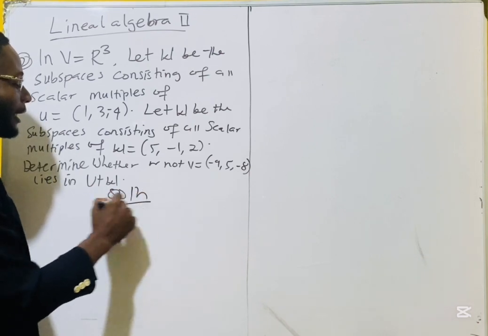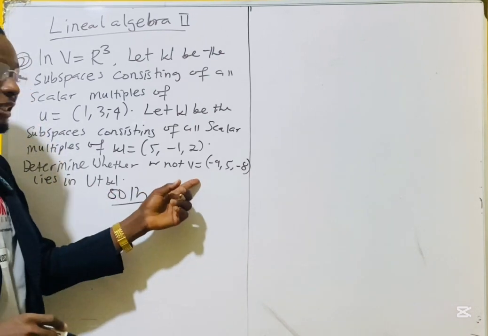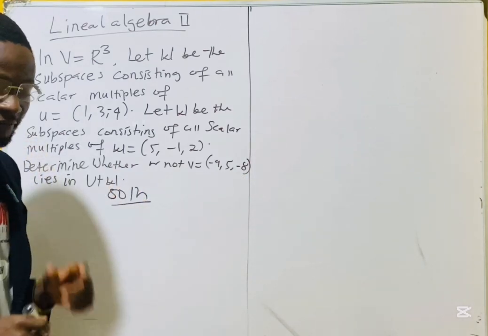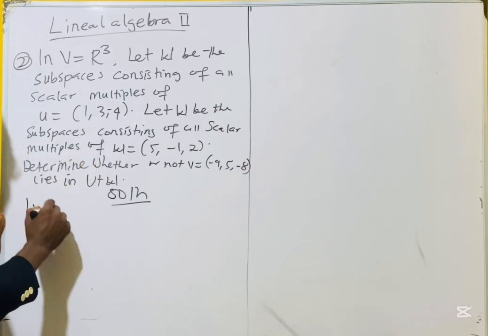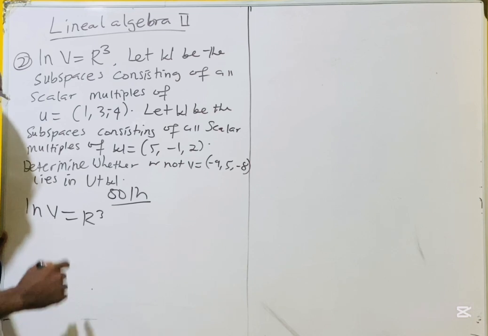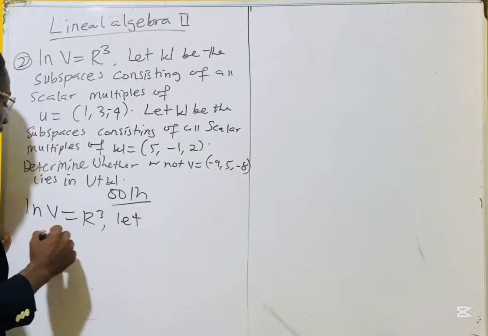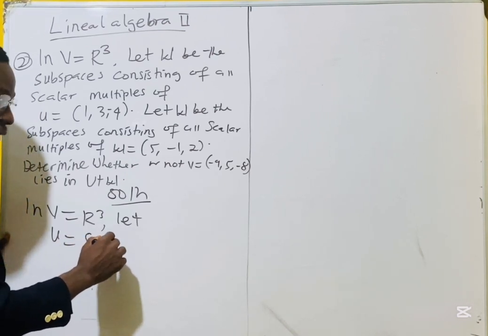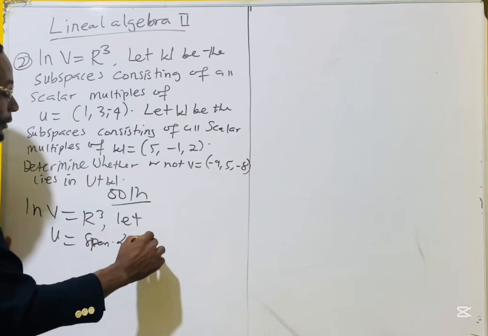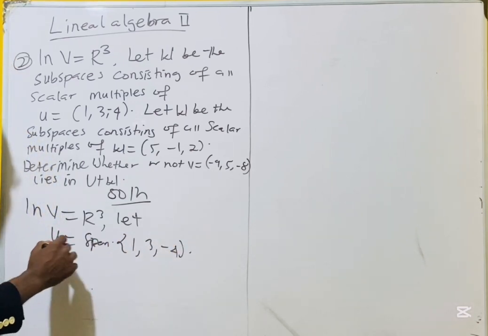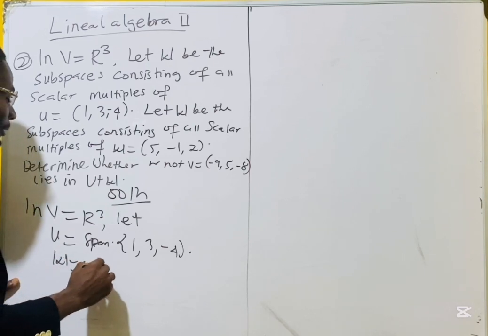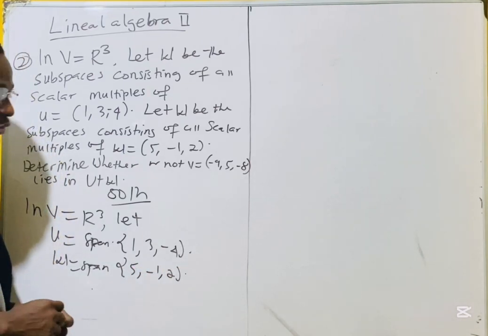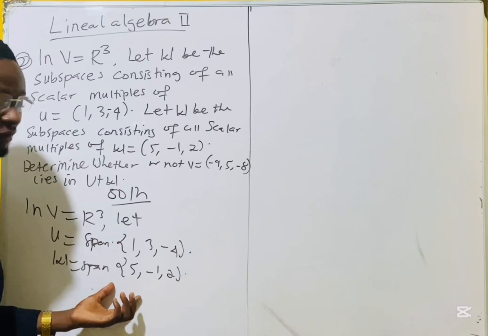When you have a question like this and you want to determine whether or not the vector V (-9, 5, -8) lies in U plus W, what you have to state first is that in V equals R3, let U equal the span of (1, 3, -4), and W equal the span of (5, -1, 2). Once you state this information, the next thing you have to say is that to determine